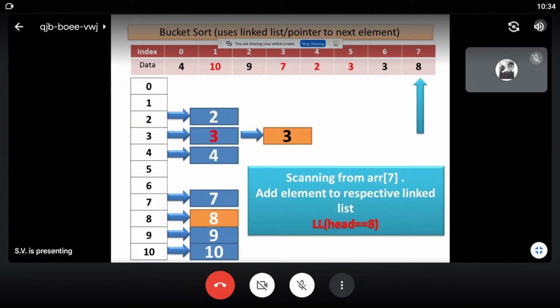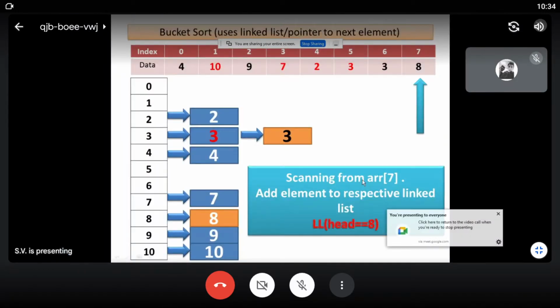We will study the linked list concept in unit number 4, but at least there is a dictionary concept we have studied in Python. So the head list can be imagined as a key and all other elements are being appended to a list which is within the dictionary. So you can assume that also.